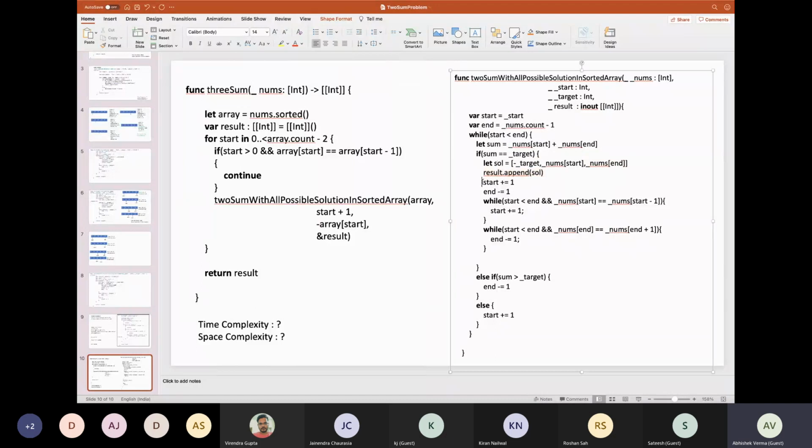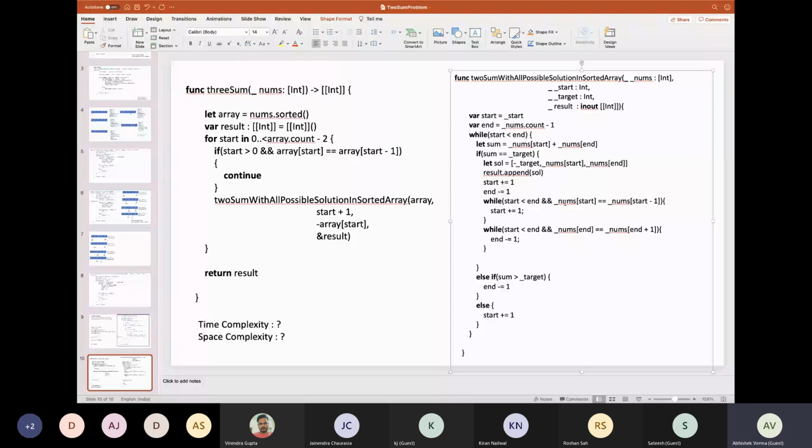If I have got any solution, I will be incrementing the start and end. This part is to handle the situation where there is any duplicacy. So how we are dealing with it is, while start is less than end, meaning as long as left and right haven't crossed each other, we continue in the loop, and we check if num start and num start minus 1 are equal.